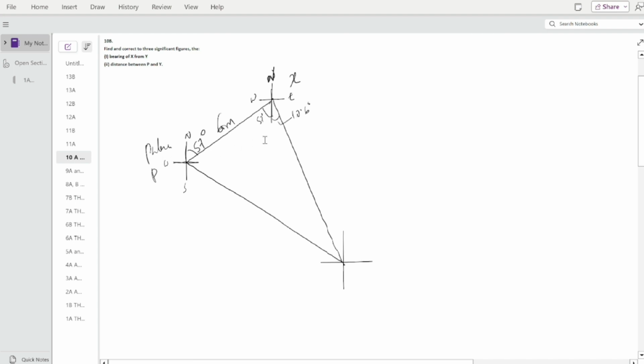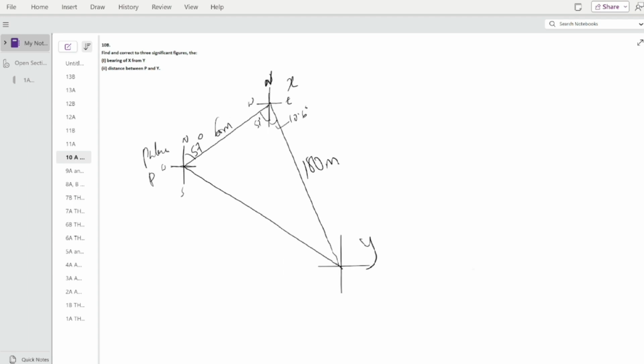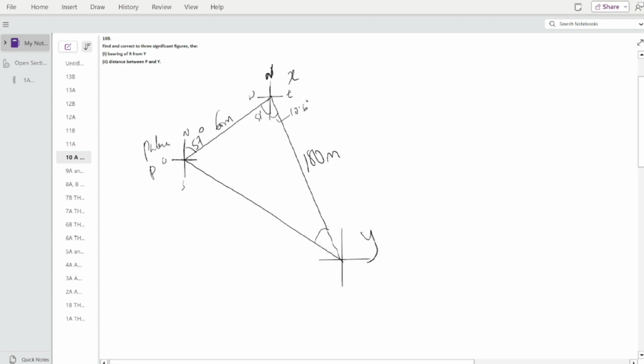We have our Pallas P here, we have Chief X's house here as X, we have Chief Y's house down here, and we know the distance between Chief X's house and Y's is 180 meters. And we have this angle to be 19.4 degrees, and we're actually looking for the bearing of X from Y. The bearing of X from Y means this is a north. Since it's a three-figure bearing, you have to travel from the north right round and hit a line that connects